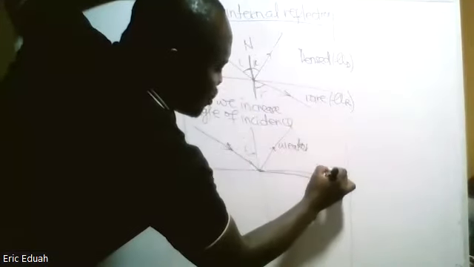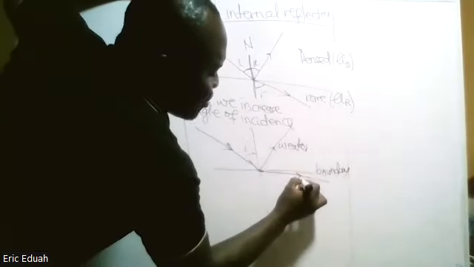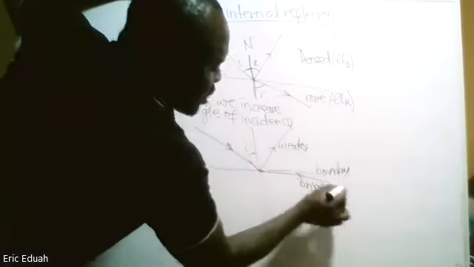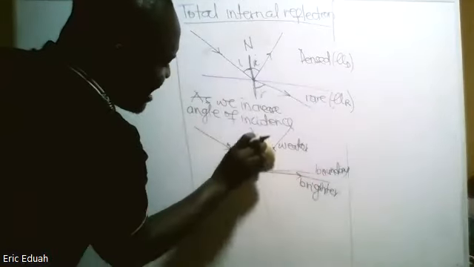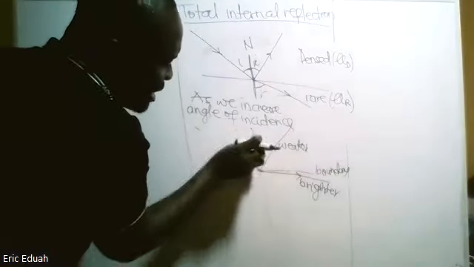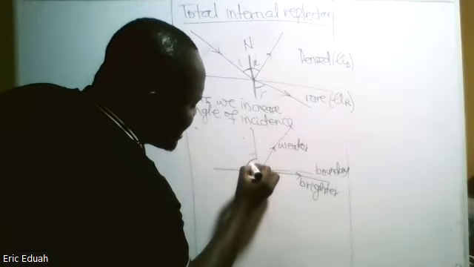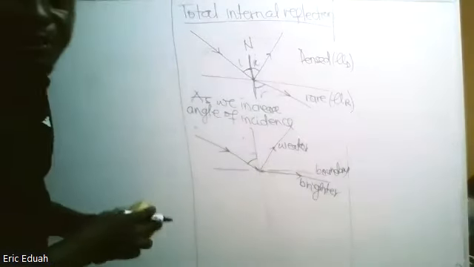There's a boundary between the two media. This is still brighter, whereas this is weak. At a certain angle we are increasing it, there will be a certain angle within the denser medium where the refracted ray